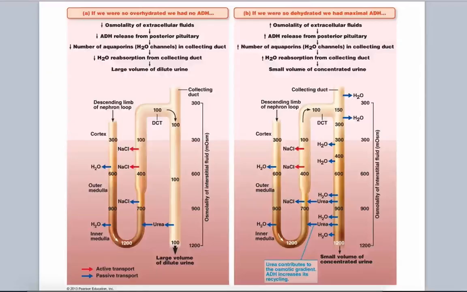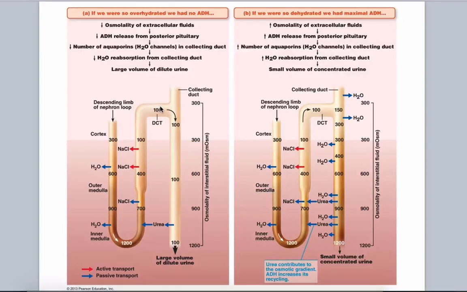Now, this is actually a really helpful picture. On the left, this is if we were so overhydrated that we had no ADH. If you had just sucked down a big 64 ounce big gulp or something, the fluid that's isoosmotic with the plasma starts off at 300 milliosmoles and then gets more concentrated up to 1200 and then gets more dilute again. Now the thing is, when you have that much extra blood pressure because of the additional fluid you've taken on,